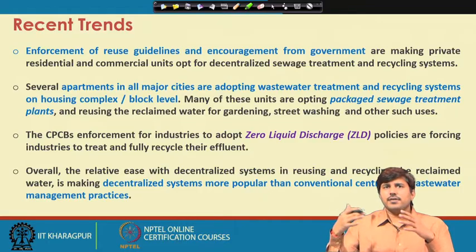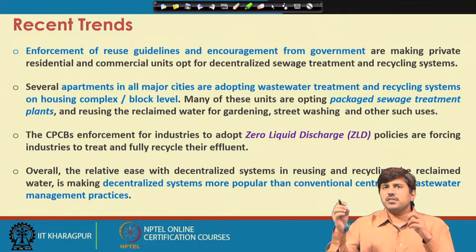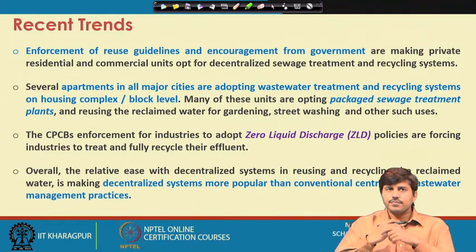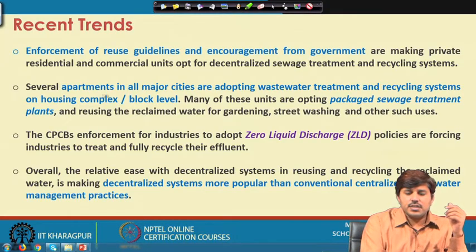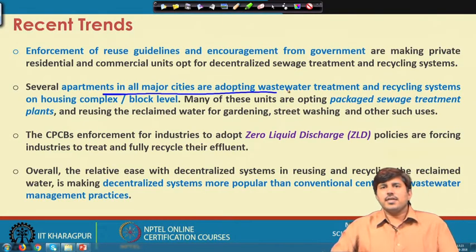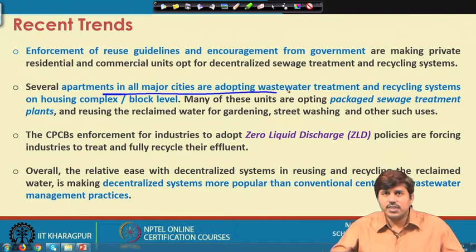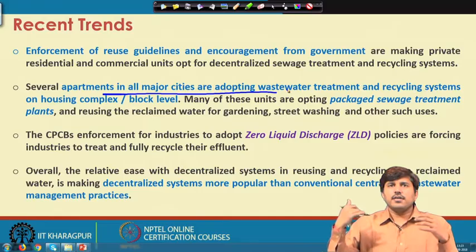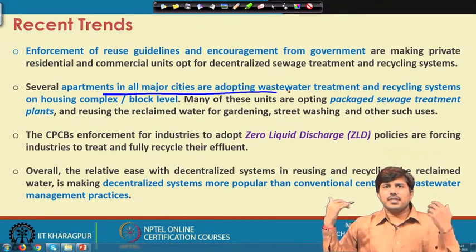That is what is making private residential and commercial units opt for decentralized sewage treatment and recycling facilities. There are various apartments in all major cities, like Delhi, Gurgaon, Bombay, everywhere. At the housing complex level or block level, they come up with a